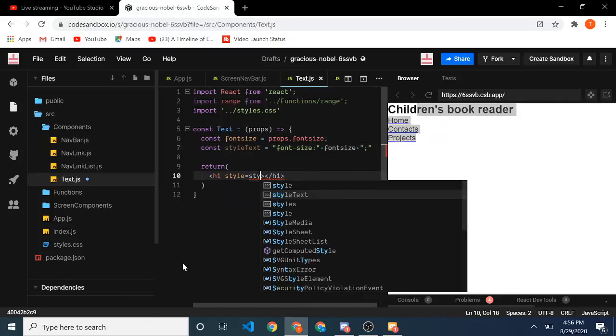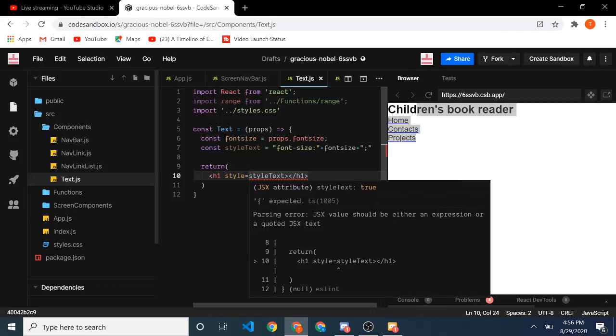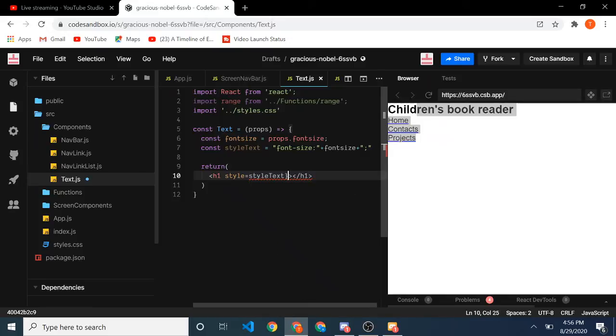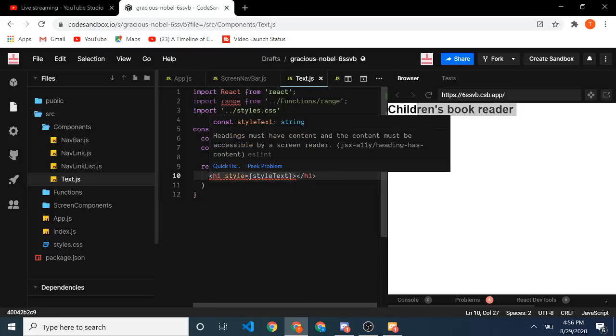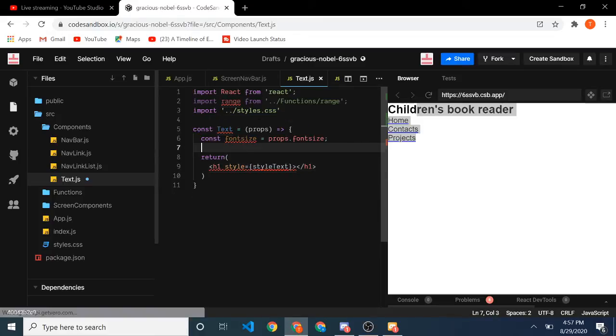And you can see that we need to put curly brackets. We need to put colons. We put colons, now that should work. You can see, to be accessible by a screen reader, any screen reader, you have to use the font size. So we can give a dash font dash size, and you can see that